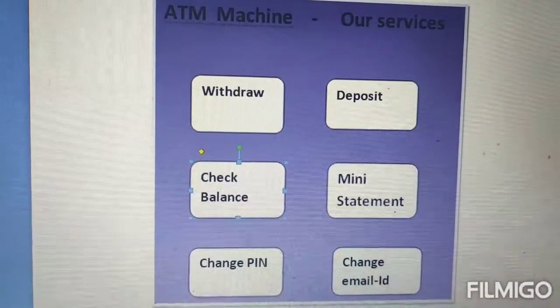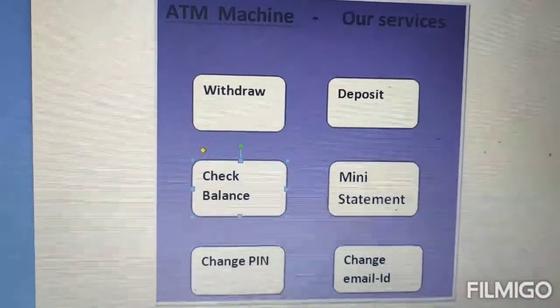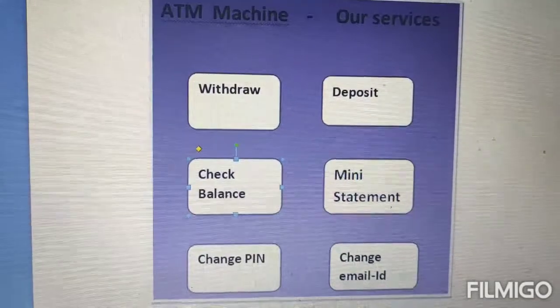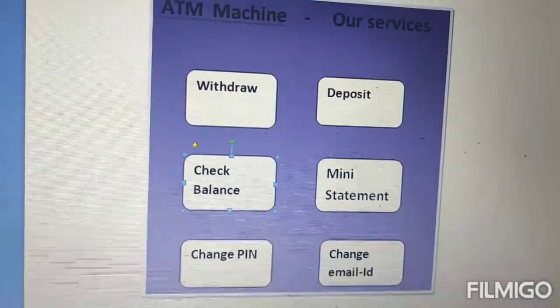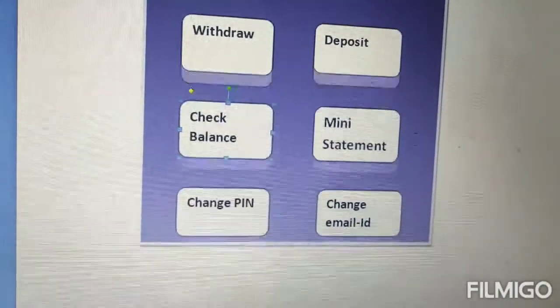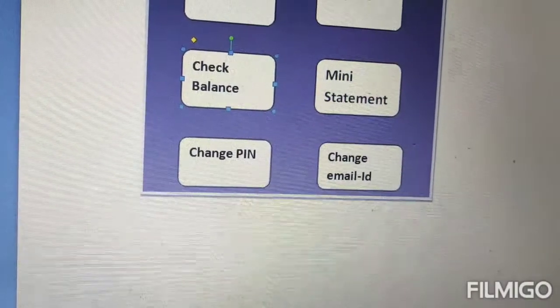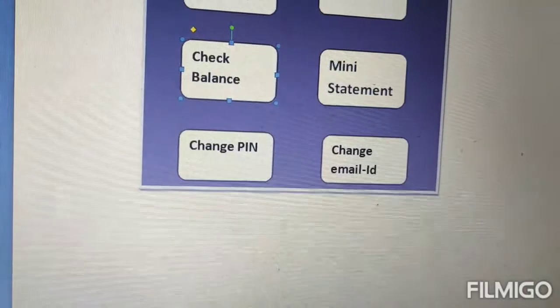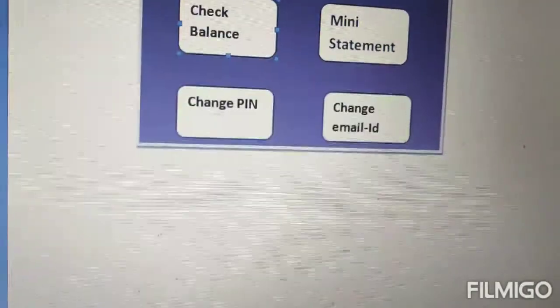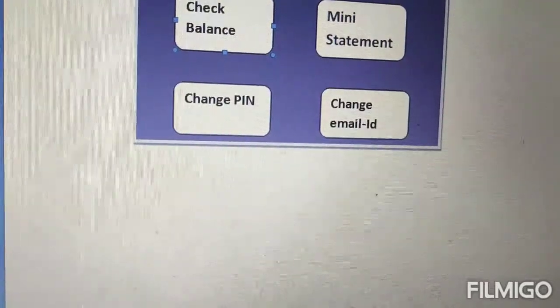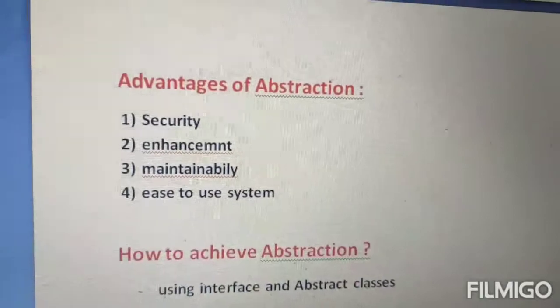Okay, so yeah, this is the best example of abstraction. Guys, hope you understand what is abstraction. Hiding the internal implementations and just highlighting the set of services provided by your class is called abstraction.